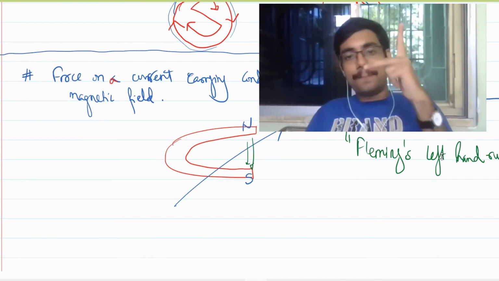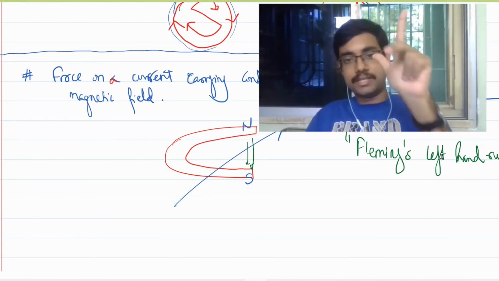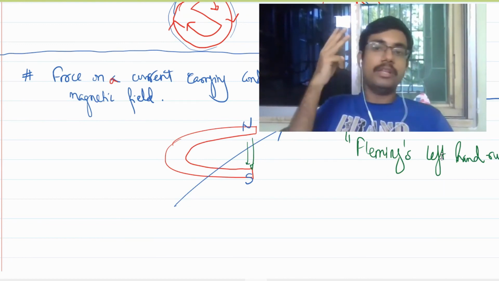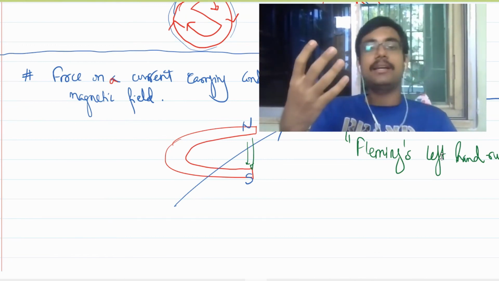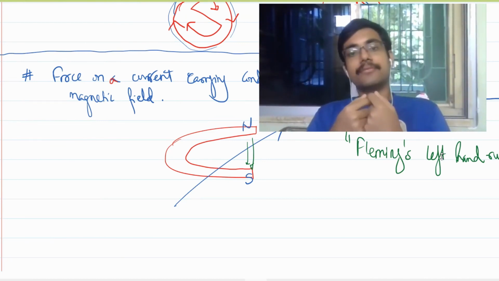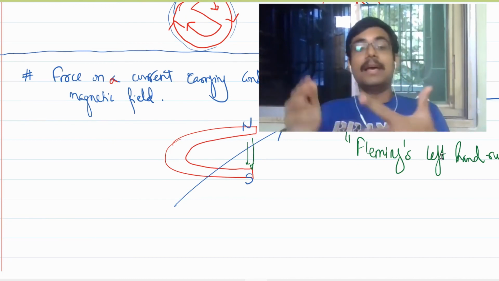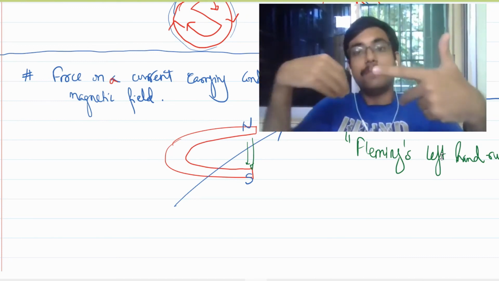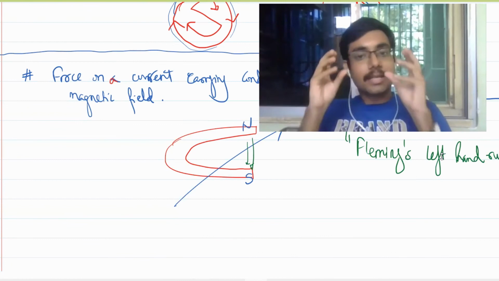First of all, tell me, is the positioning of the hand and the fingers, and what each finger represents, clear to you? There are only three parameters that you are dealing with here. There is a current carrying conductor, there is a magnetic field, and there is a force because of that magnetic field. You have three fingers for that: thumb represents the force, index finger represents the magnetic field, and middle finger represents the direction of current. Up to this, is this clear to all of you?